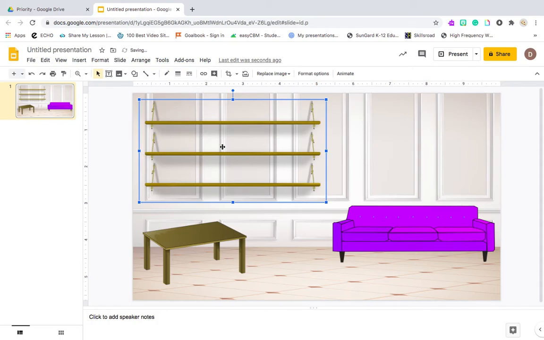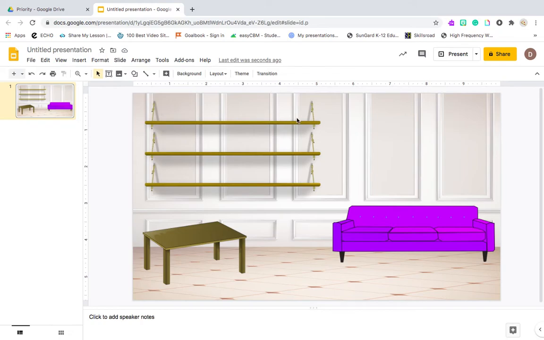I think it's the most important thing. I'm actually going to leave it there because it looks cool hanging. I can cover this bookshelf in clickable links and resources so that students can get to different places. I'll show you how to do that in a separate video. Right now I'm just showing you how to set up the